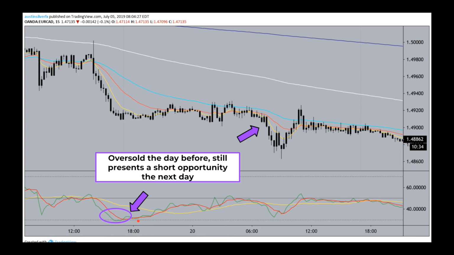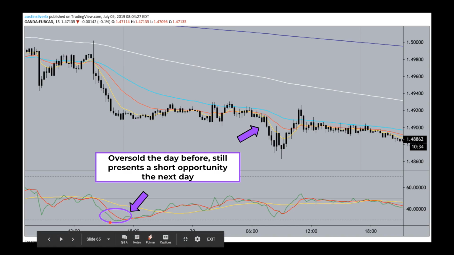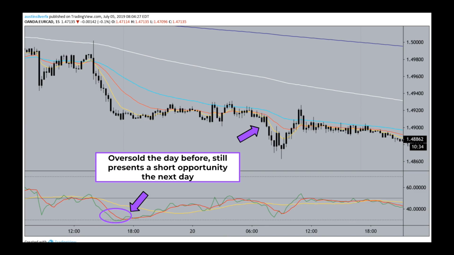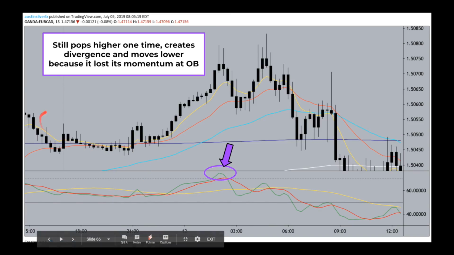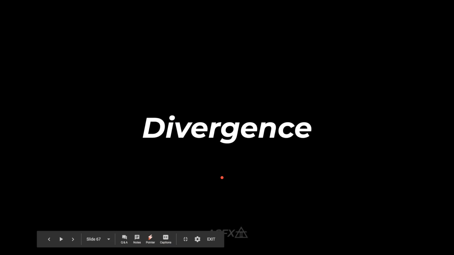So when we talk about weighing overbought or oversold, keep in mind, as we go into the next chapters and talk about our entry and exit signals, I'm going to say this again: if it hits oversold on a Monday and you get a signal on a Tuesday, you could still trade that signal. But if it hits oversold on a Monday and you try to sell it again on a Monday, you're really hurting your probabilities. The next day is fine. You want to judge each day based on just that day's price action for the most part. Here, you can see it hits overbought right here, and it still pops higher one more time before losing its momentum and coming lower, which is exactly what that RSI hitting overbought tells us it's going to do.